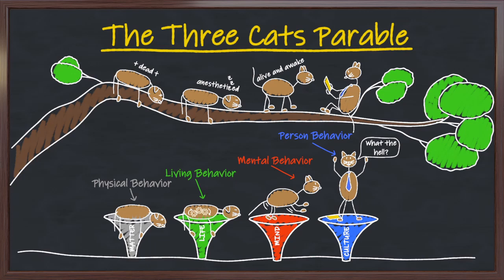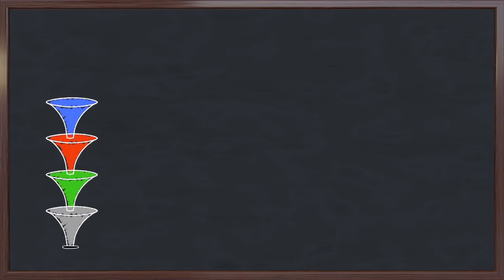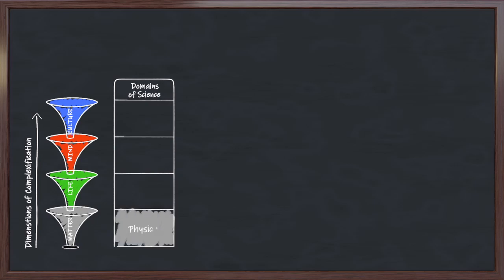UTOK then also says that what this does is it affords us to delineate the idea that psychology is interested in particular kinds of behavior: mental behavior in animals, culture person behavior, and the behavior of humans. It also says that science in general is interested in mapping the behavior patterns in nature. We see this generally with the tree of knowledge, which depicts the universe as an unfolding wave of behavior across different dimensions of complexification: matter, life, mind, and culture. And it depicts science as different domains mapping these different dimensions.